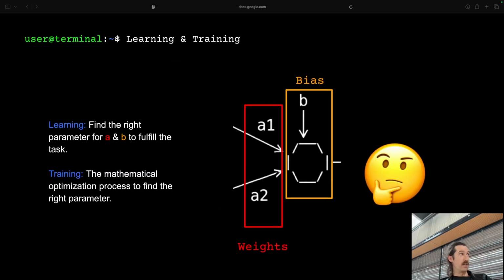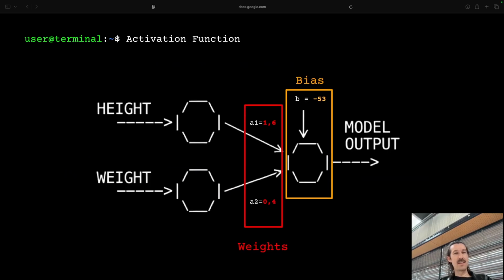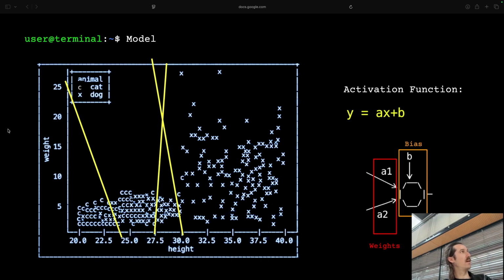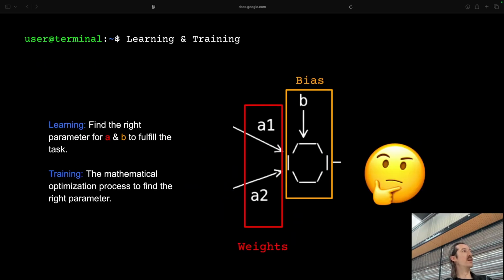Of course, you can do that by hand: when I change this parameter, how will the output change? And by slowly, bit by bit, I'm getting closer to the correct line, or the correct splitter, so to say, between the two categories.